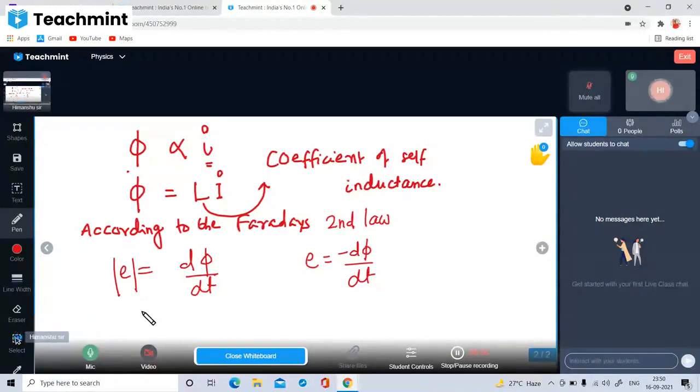So we are concerned about magnitude. So d by dt of Li, right? So L is coming out, di by dt. Understood? So EMF is equal to